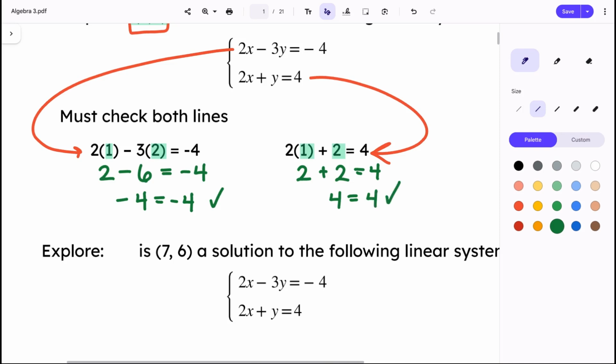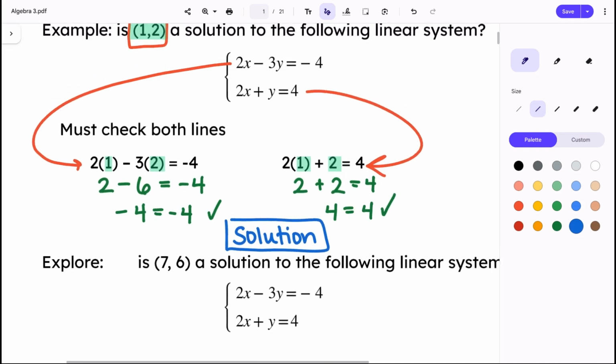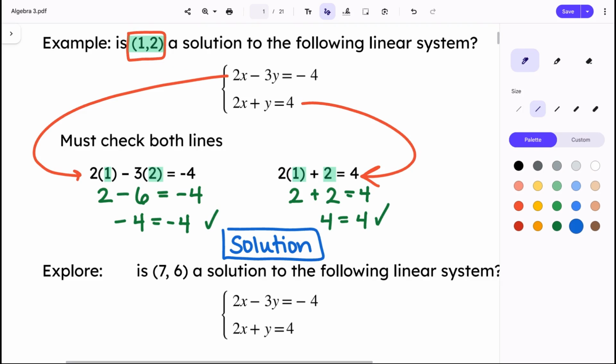It should, so it checks out again. That means that 1, 2 is a solution. So I'm going to go ahead and just underneath this, I'm going to write solution. Or you could say yes. But 1, 2 works for both of these equations because it goes in and it balances it out on either